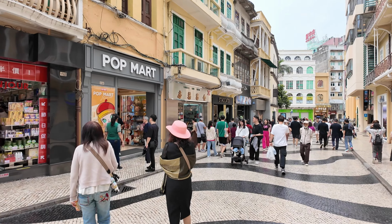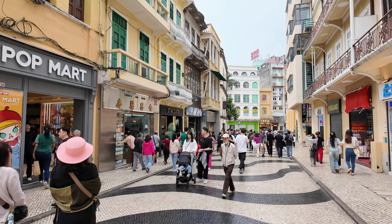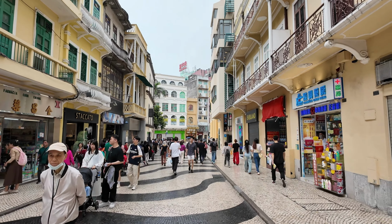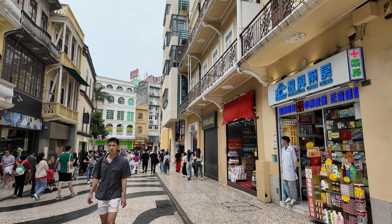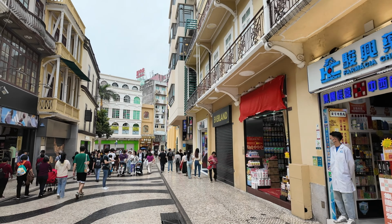Hey everyone, it's my first day exploring Macau, and if you didn't know, this was a Portuguese territory once before, so there's a lot of Portuguese inspired architecture and some food. Right now I think I'm in some kind of center. There's two areas, one that looks like Las Vegas, where you'll see a lot of similar hotels like the Wynn, MGM, and casinos,